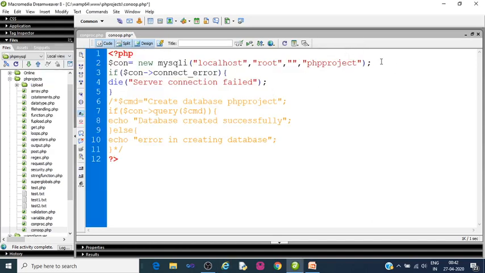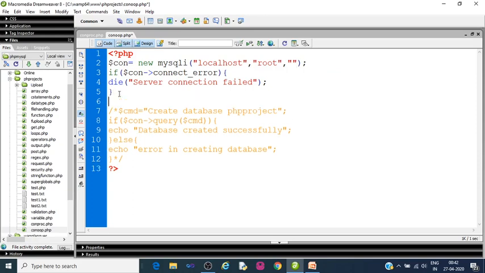Now again come to this one, and if we don't use it here, another method is to use the property $con select_db equal to PHP project.